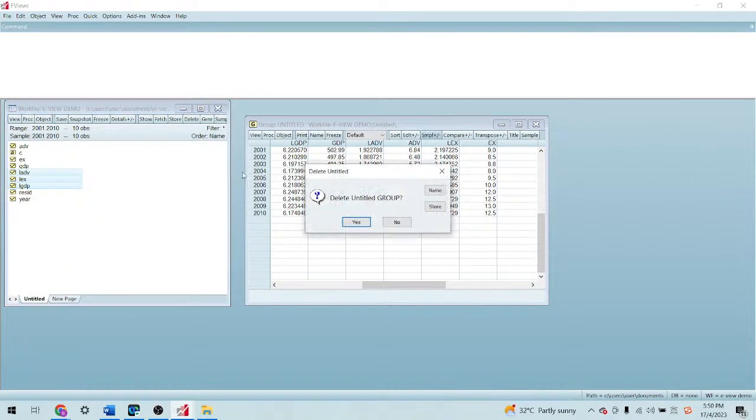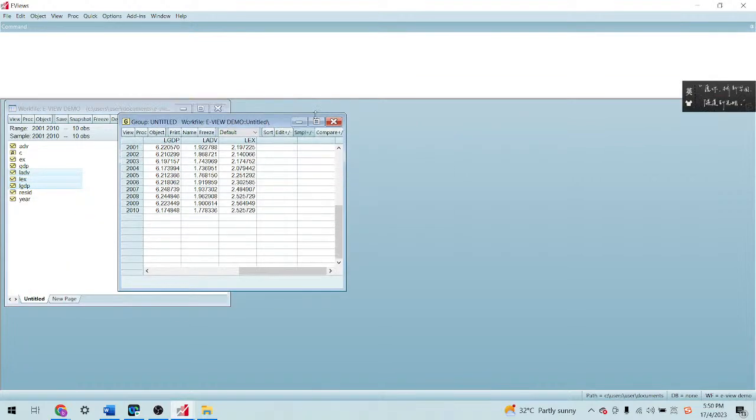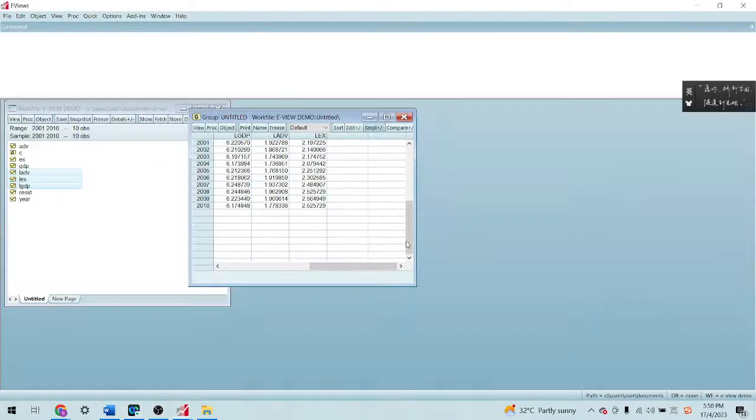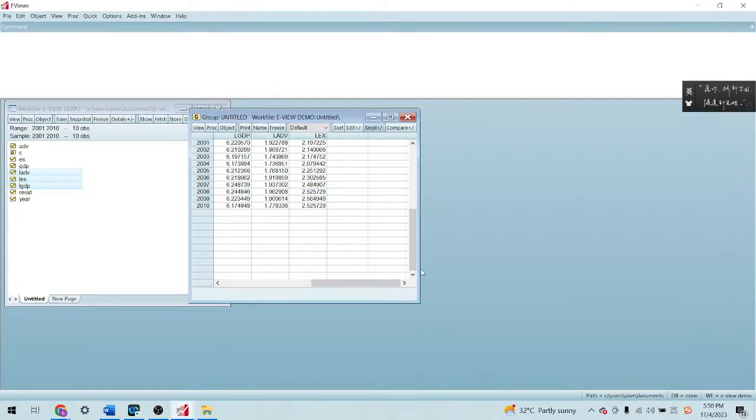The first column is very important because you need to decide which one is your dependent variable. The second and the third column, it doesn't matter which one comes first because they are just the independent variables. But the first column is very important because EViews will treat this one as your dependent variable. Then you go to Proc and Make Equation.